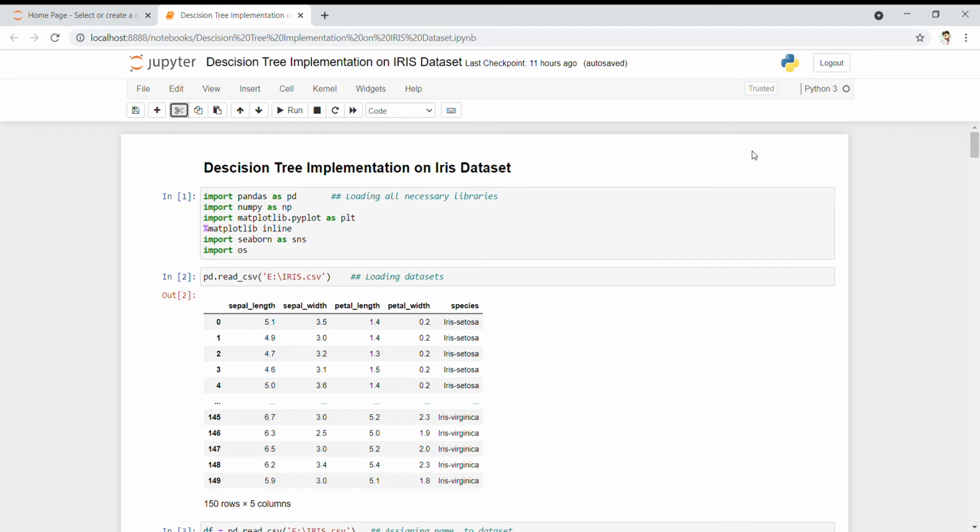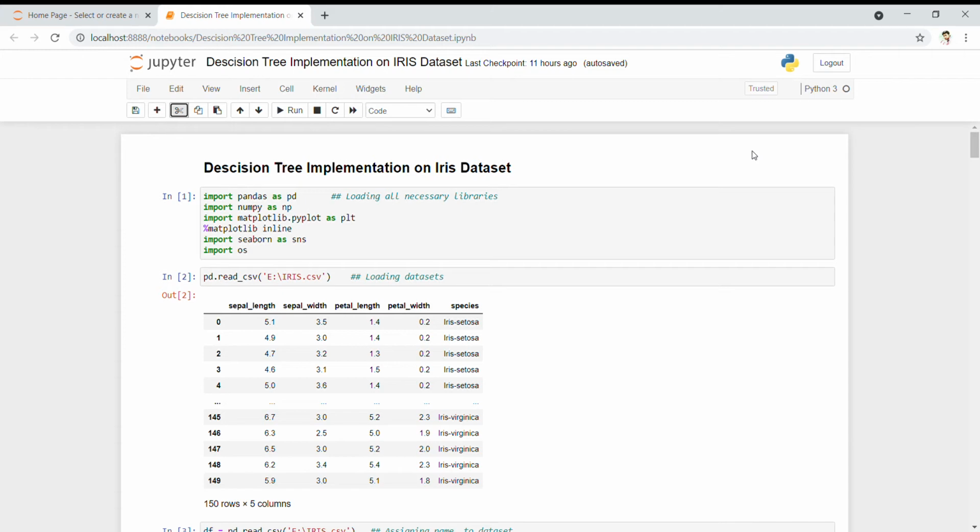what a decision tree is. Basically, a decision tree is a flowchart-like structure in which each internal node represents a test on a feature, for example whether a coin is flipped and comes up head or tail. Each leaf node represents a class label, and the branches represent the conjunction of features that lead to those class labels. The path from the root to the leaf represents the classification rules.